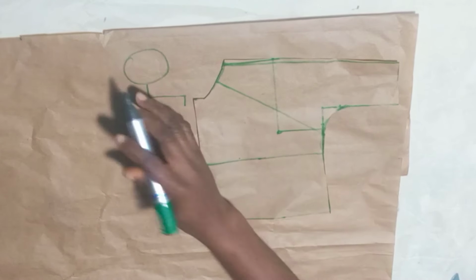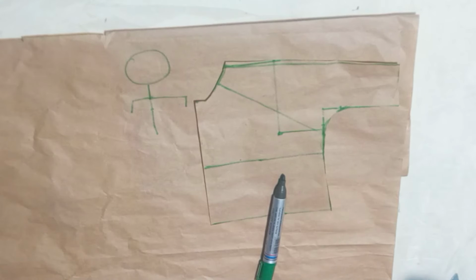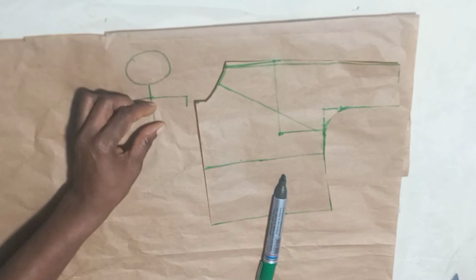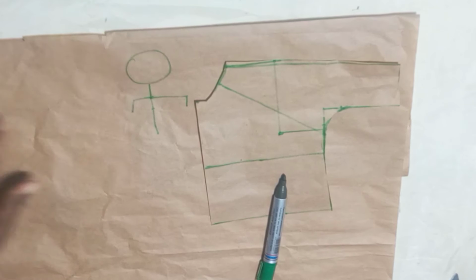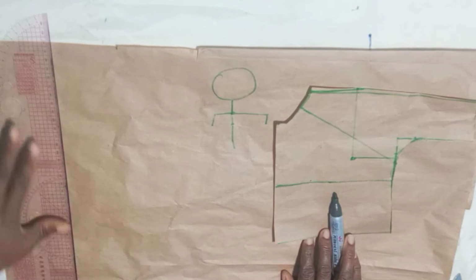Okay, but if you look at this particular hoodie, the hoodie has enough allowance so it will fall properly. You can make it more, so that it will fall properly. If you make it tight and the person wears it, it will be hanging. So you make it free, so you make it fall. You understand? So I'll be adding 2 inches to my 13 inches, and this 13 inches is from